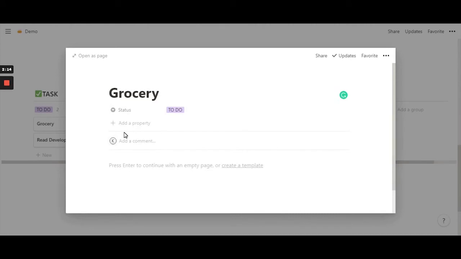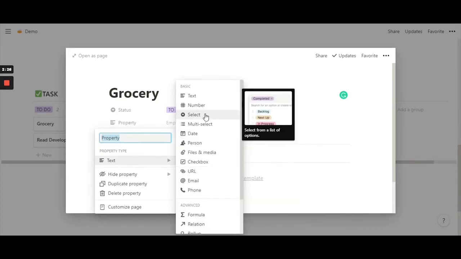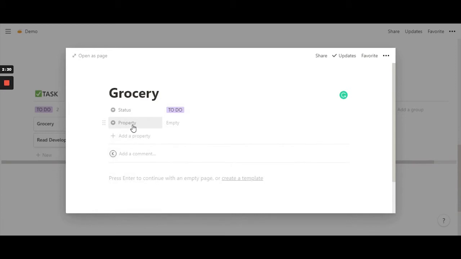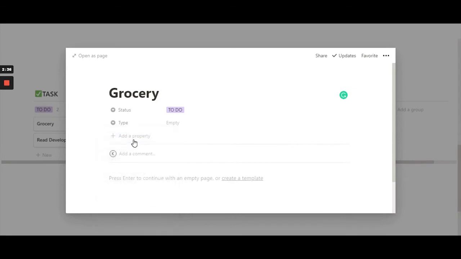So now let's give it a property type of, let's say, a single select. Again, I'm going to rename this as type. That's pretty much it. And I'm going to click on empty and give it tags, so that when I look at